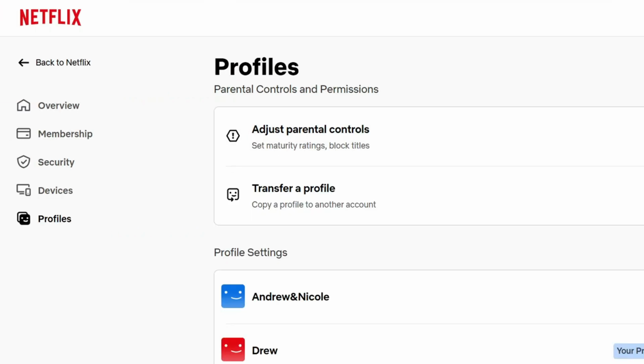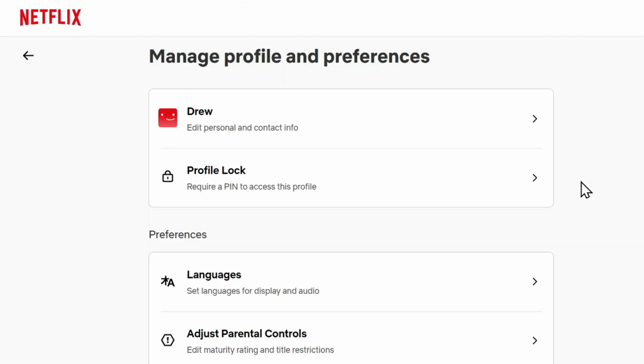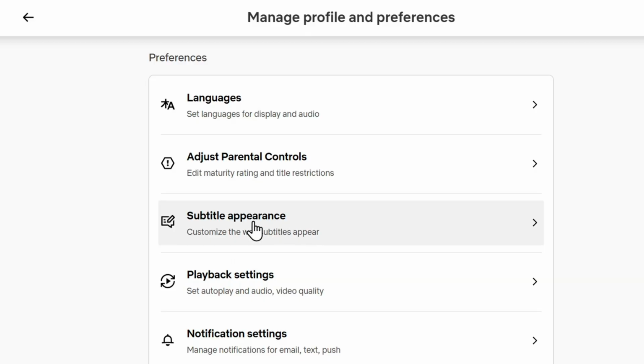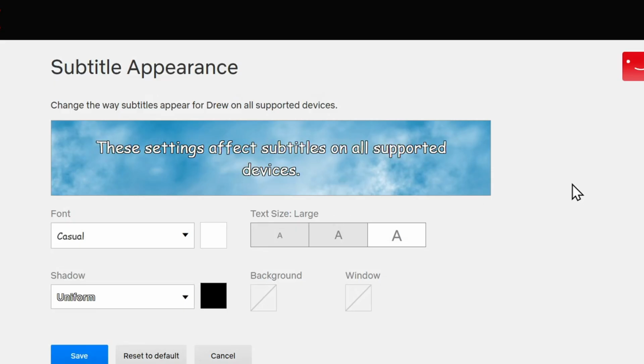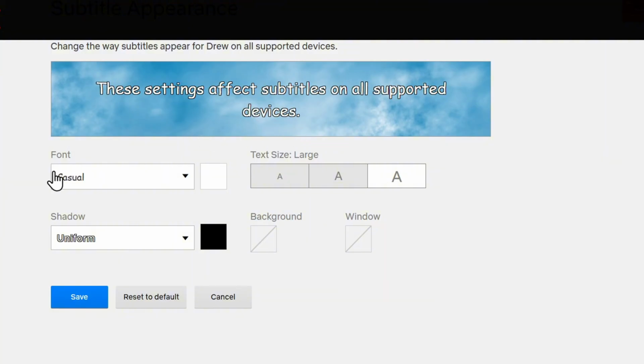You're gonna see the profiles here. If you scroll down, you can either select the current profile or another profile if you have multiple. I'm gonna use the current one and scroll down and you will see where it says subtitle appearance. Click on that. Now from here to change the font of that current subtitle, just simply click where it says